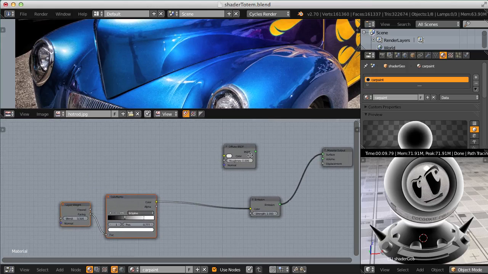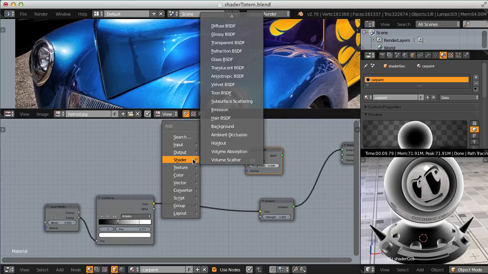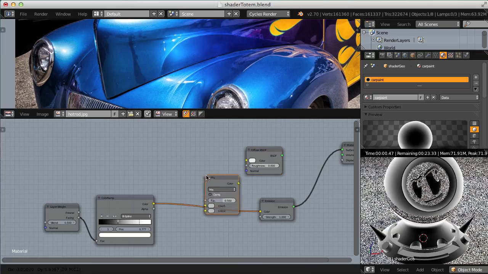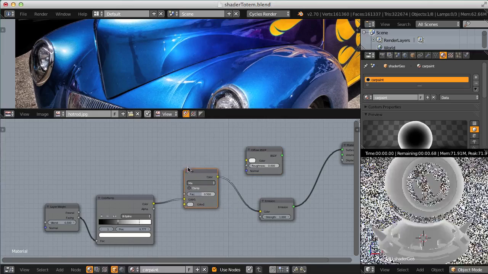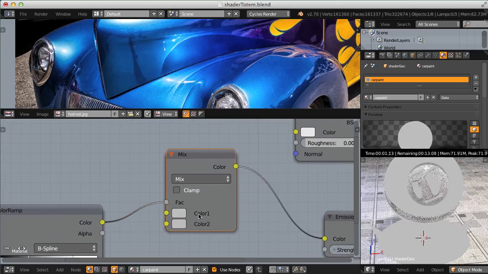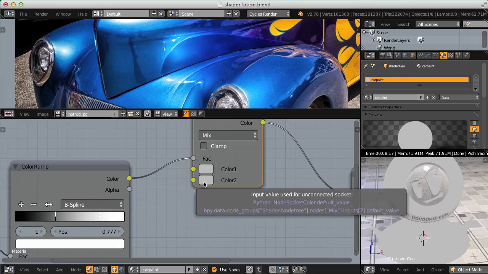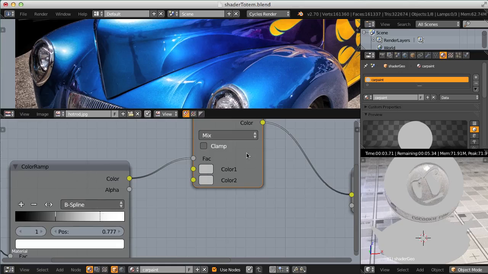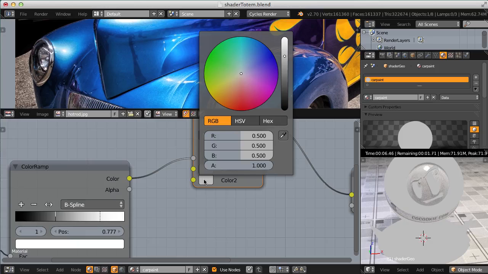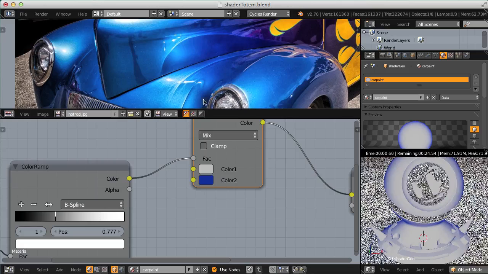And I think I'll start with the underlying color, which will be plugged into a diffuse BSDF. So Shift A, let's add a color mix RGB node, and that's going to come after the color ramp, where the color ramp will actually affect the factor. And now we have two color swatches to fade in between. The top color swatch will be mapped to our black value, and then the bottom color swatch will be mapped to the white value. So first let's try color picking the blue color that will be mapped to the white